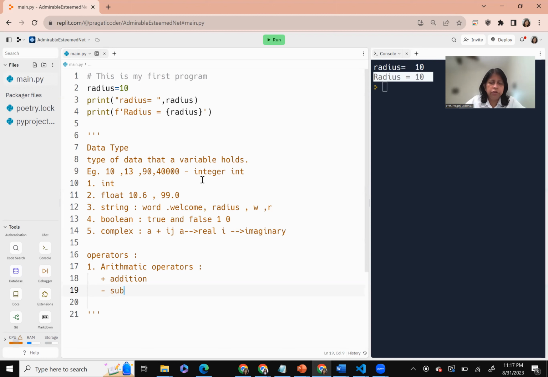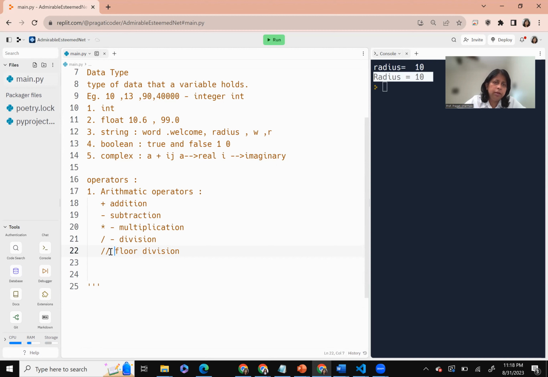minus is for subtraction, asterisk is for multiplication, slash is for division, double slash we call floor division or integer division. And then we have percentage for modulus division. Now, addition. So for example,